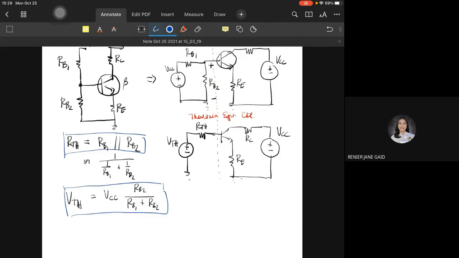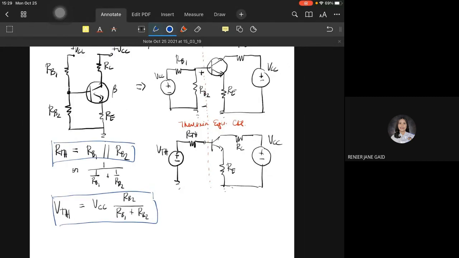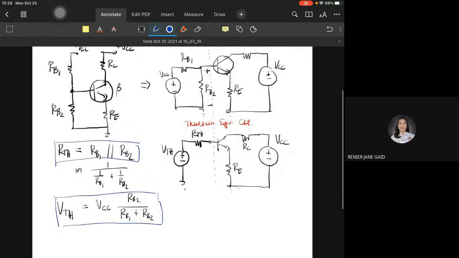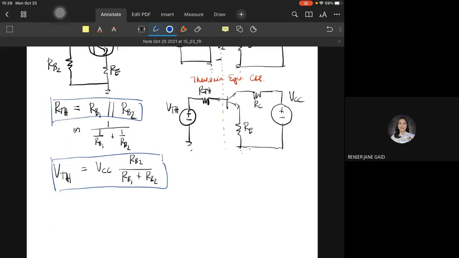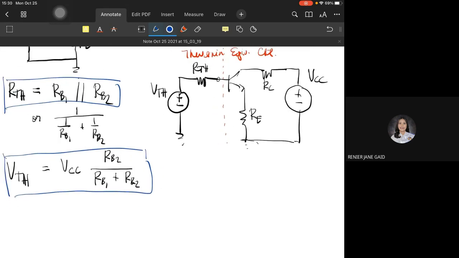RTH is just the parallel resistance of RB1 and RB2. VTH is the voltage divider voltage of RB2, or the voltage drop of RB2 using the voltage divider formula. Meaning, once we have found the equivalent circuit of our voltage divider bias, we could now